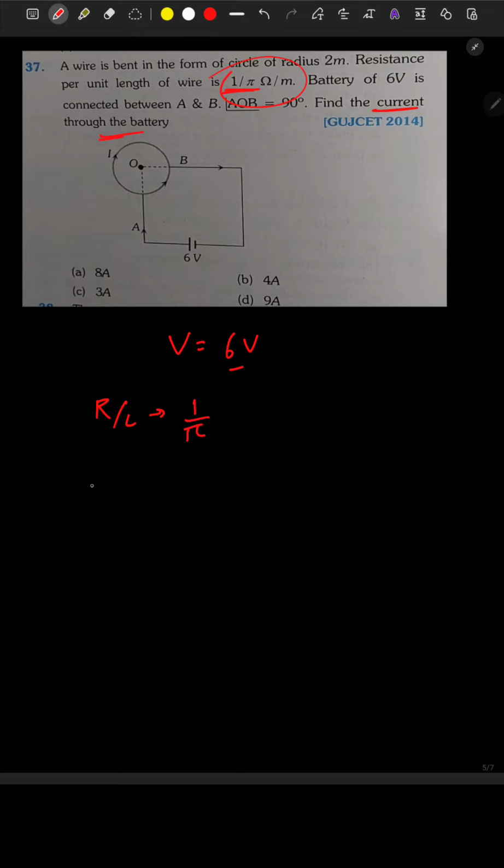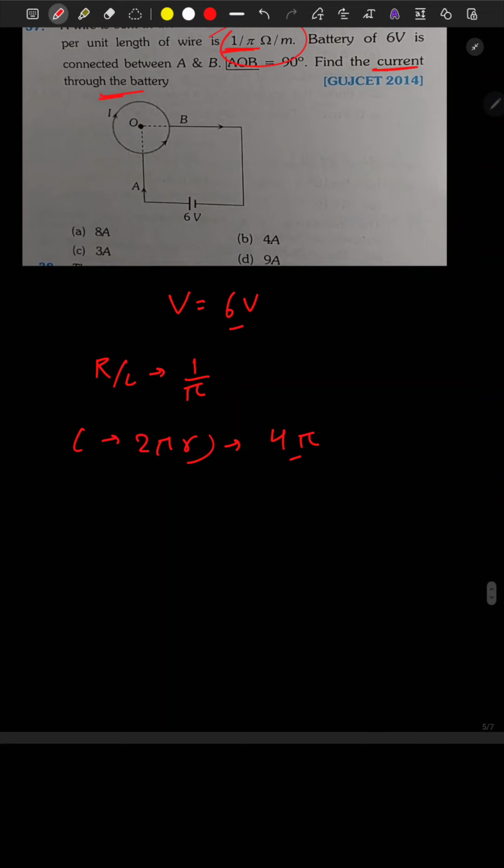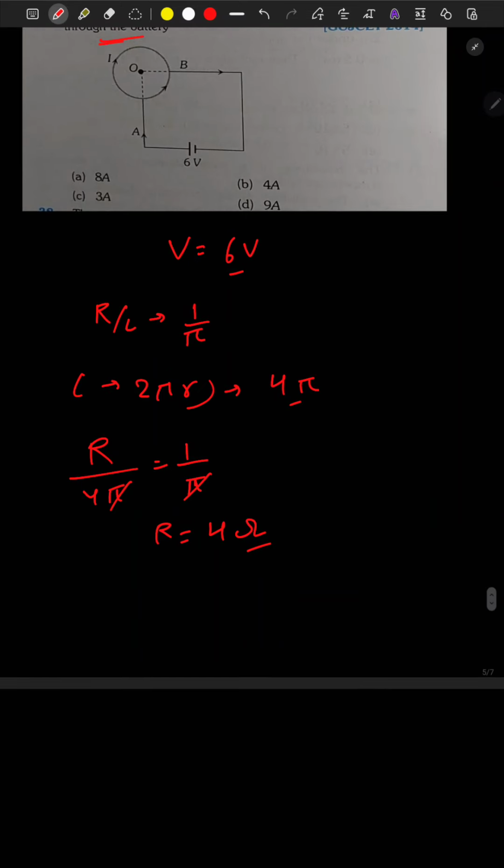Here the length will be equal to the circumference of the circle, which is equal to 2 pi r, which is equal to 4 pi on putting the value of r as 2 here. So R upon 4 pi will be equal to 1 upon pi. So resistance here is 4 ohm. Now here